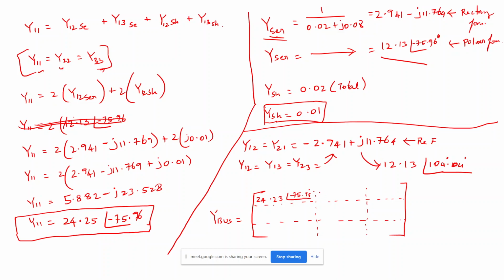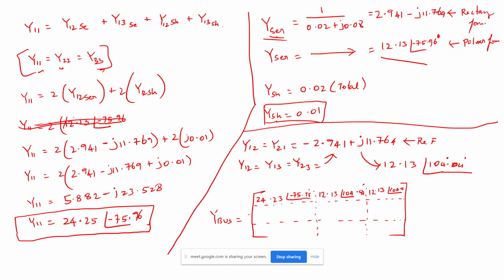Note this down. And here it is 12.13 angle of 104.04 degree, and here it is 12.13 angle of